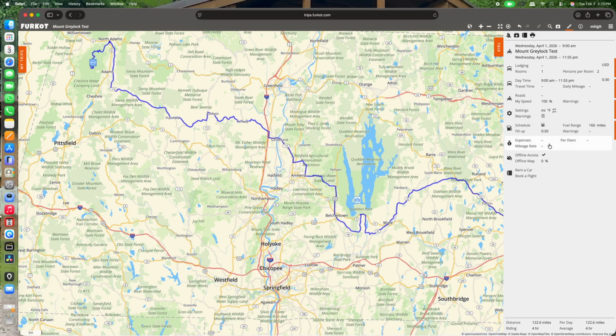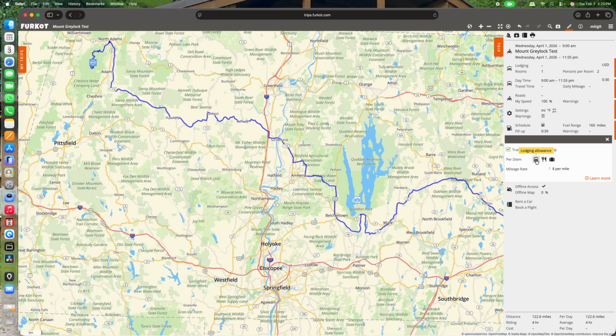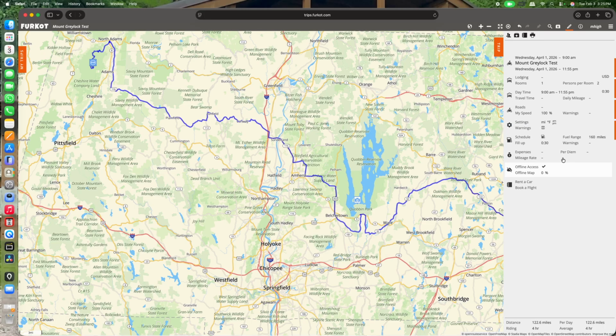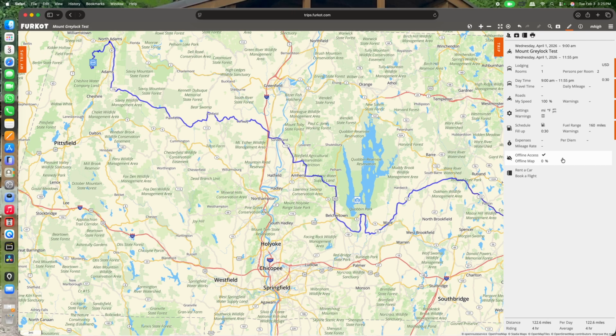Now, again, for longer trips, overnight trips, vacations, you can have Furkot estimate the costs. So if I tell it to track the expenses for this trip, I can tell it, give me an allowance for lodging, for food, for miscellaneous stuff, how much it costs me per mile, and based on the mileage, it'll estimate my gas costs as well. I do that for longer trips. I won't do it for this one. And the other one, again, offline. If I happen to go offline, am I going to have access to this plan? So I usually click that one as well.